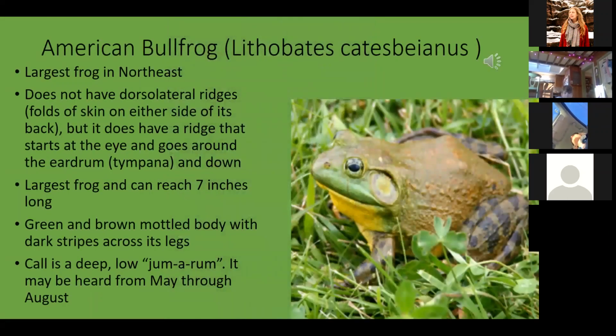The American bullfrog, another classic one. So they're the largest frog in the Northeast. A defining characteristic is they don't have a dorsolateral ridge. I'll show you on a different frog, but lots of frogs have these bumped up lines that go from behind their eye all the way down their backs. On the bullfrog, that line just goes right around that big circle, which is the frog's ear,